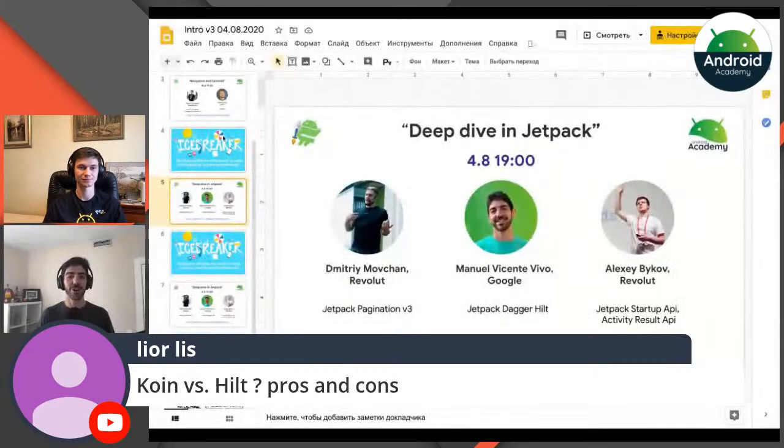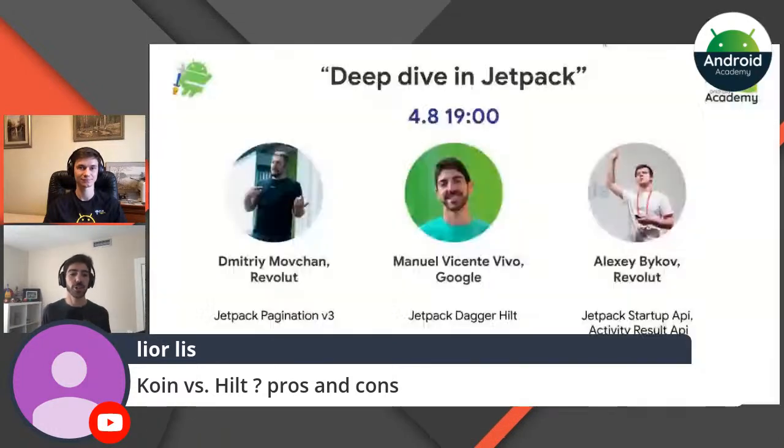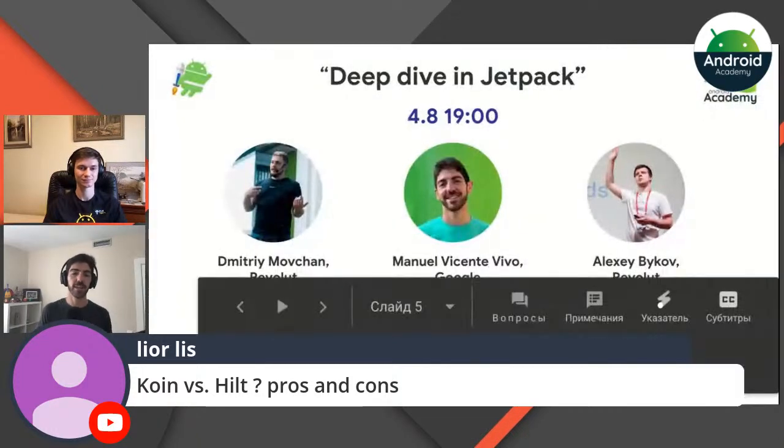Yeah, so this is kind of the never-ending question. I have to say that dependency injection is quite a controversial topic, because it touches on the fundamentals of your app. Your whole app is based on this design pattern, and so deciding what library to use is actually pretty important. Obviously, any choice that you make is totally fine. Hilt is what Google recommends, but obviously you can use anything that you want.